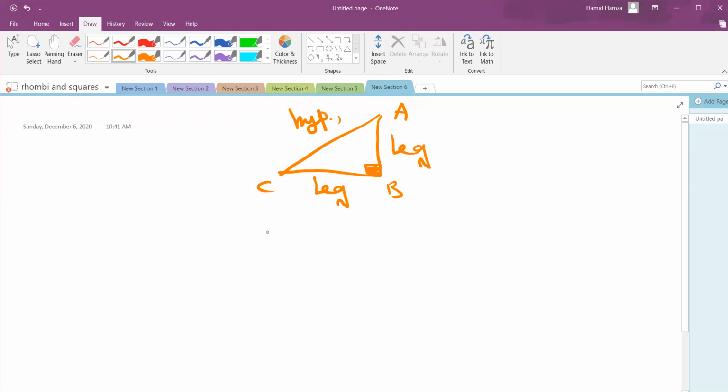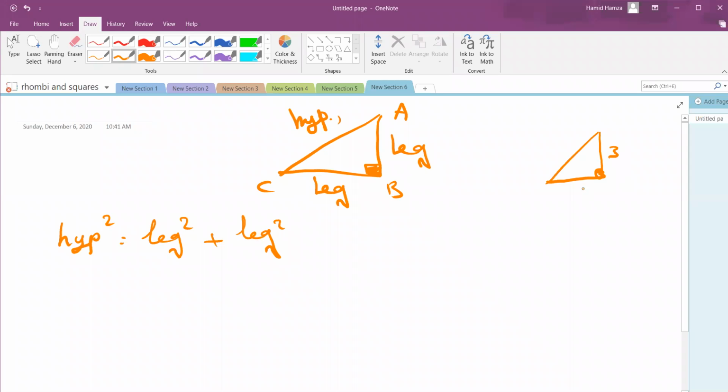We use the Pythagoras theorem to find the length of one side of a triangle if the lengths of two sides are given. If the missing one is the hypotenuse, the rule is: the hypotenuse squared equals leg squared plus leg squared. So if the hypotenuse is missing, for example, if I draw a right triangle,